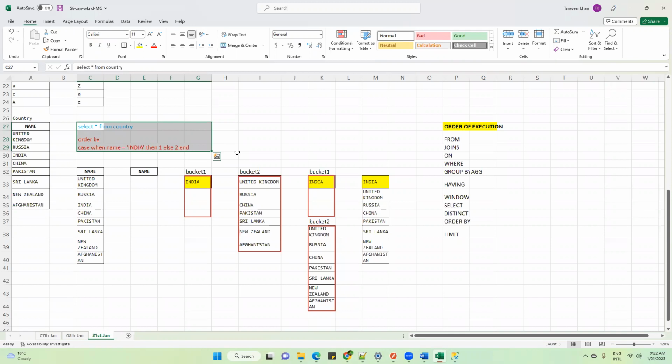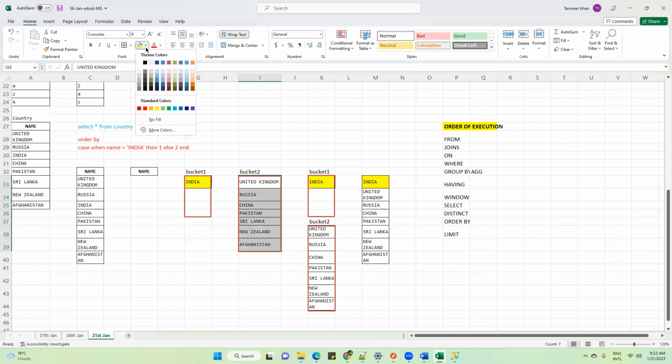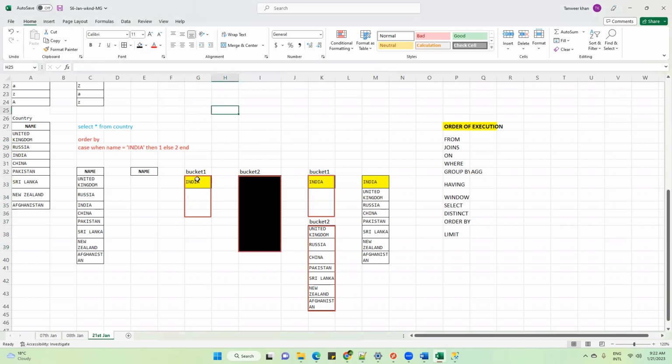No. I have not told anything about the data inside that. I told you at that moment that this bucket data is like a black box. In flights, you have a black box. It is like that. It is a black box. The engine doesn't know what is present inside this. The engine will just concentrate on these buckets. Bucket 1 it will keep here. Bucket 2 it will keep here. Then it will unwrap it and then show the data. The engine doesn't know what is inside.